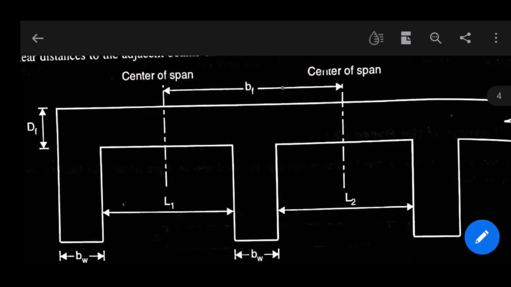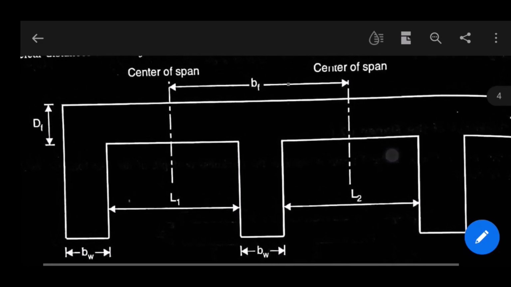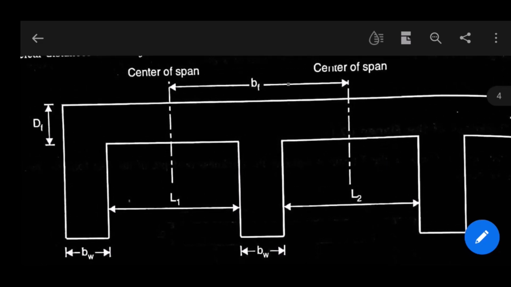This diagram is explaining my words, and with a central line the T-beam is located here. So in this diagram you can see the slab and beam are cast monolithically, right? It is considered that the beam at locations other than supports acts as a T-beam, which means at the midspan and